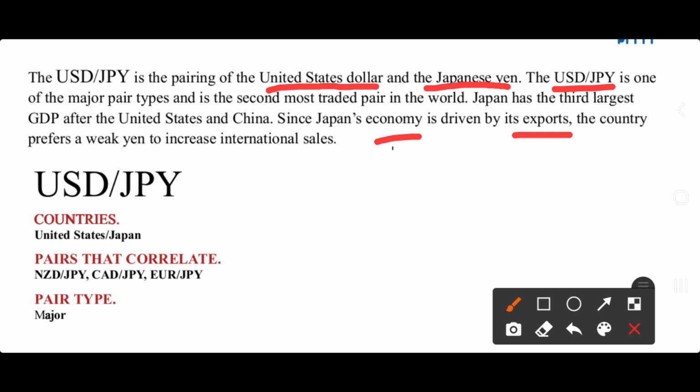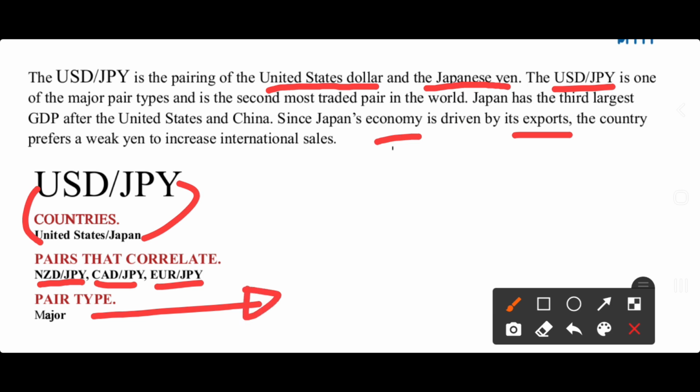So let's look at the countries. USD is the United States and JPY is the Japanese yen. So pairs they correlate with, we have New Zealand against the Japanese yen, CAD against the Japanese yen, and the euro against the Japanese yen. So the type